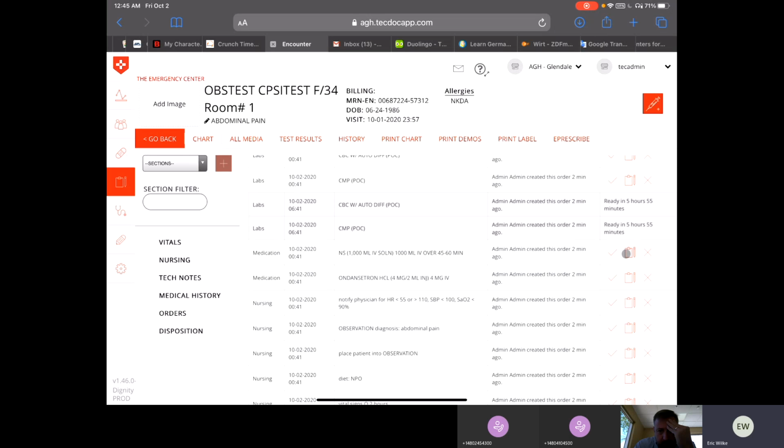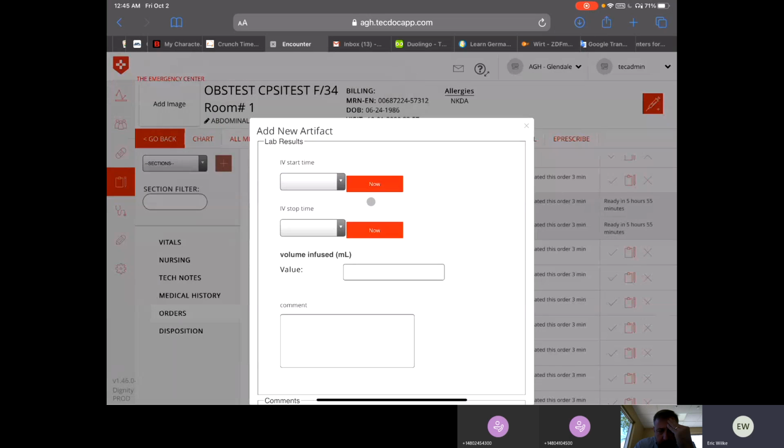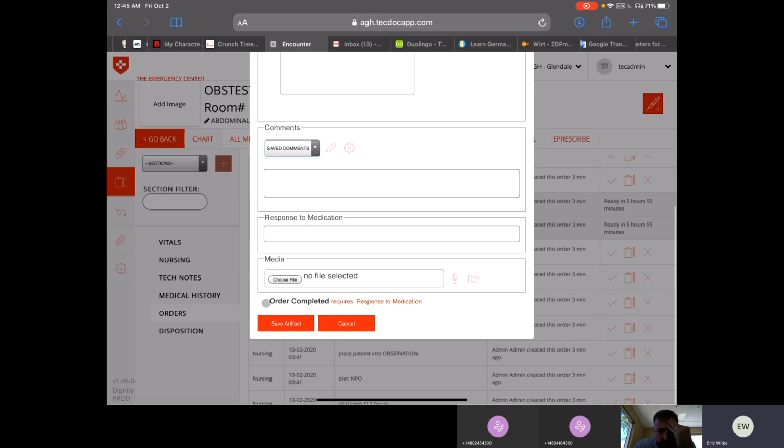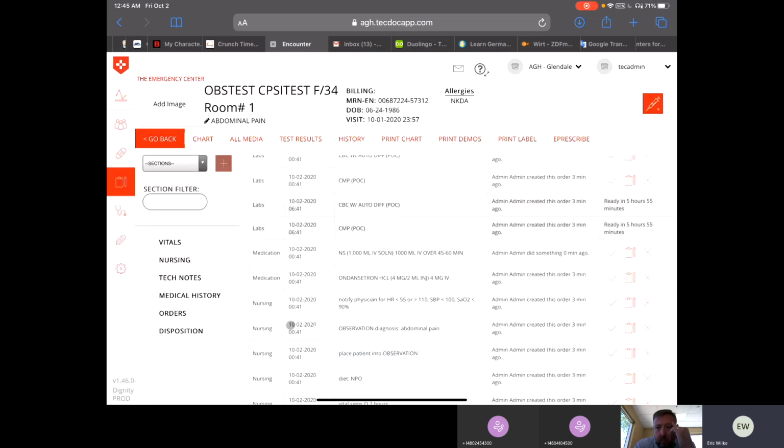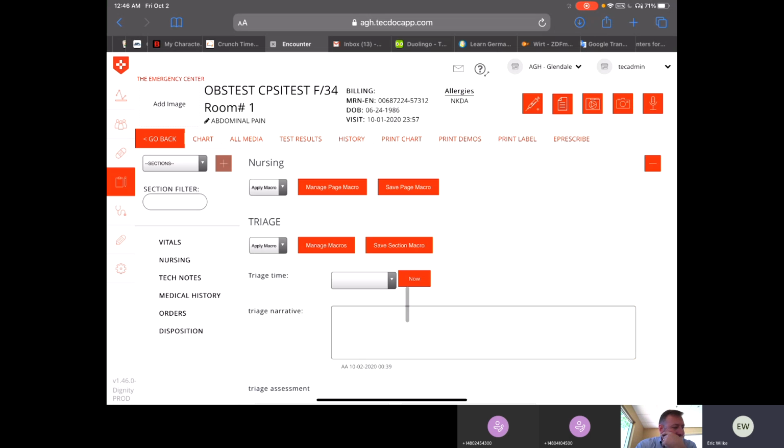On the fluids, if we're going to document that, let's say we start the time now, but obviously we don't have a stop time yet and we're still infusing. Instead of clicking the order completed, I'm just going to hit save. And that saves the time that I started the fluids, but then we can come in later and document when the fluids were stopped and then how much. And that sort of encapsulates, for an OBS standpoint, the 2 areas that I think nurses will do most of the documentation, either in the nurses or in the order section or in the brief